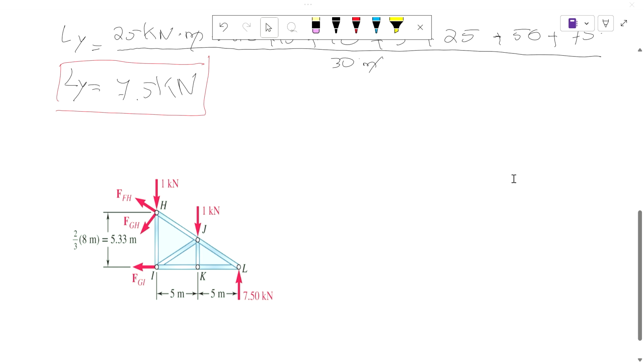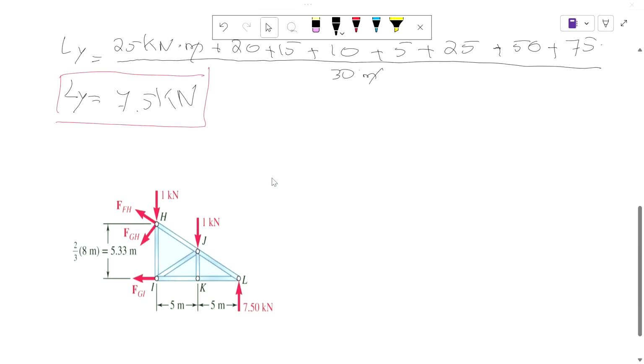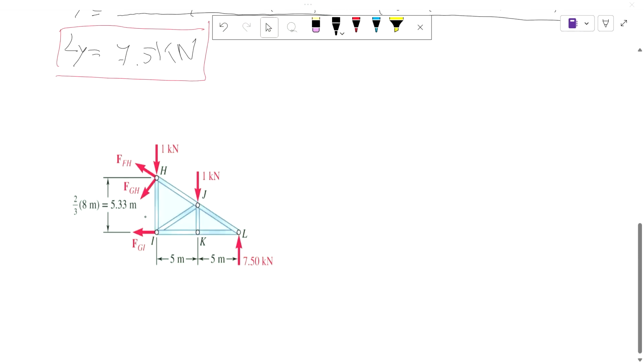Okay, so now I have the system of forces, the free body diagram, on the screen to help us determine the system of forces for finding the elements. Actually, they're asking for FH, GH, and GI. So GH, GI, and FH. Okay, so they're not asking for GI. We don't need a cut there. So the cut, which was over here, like so,